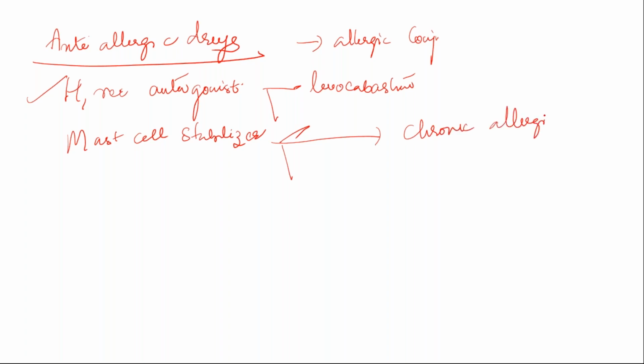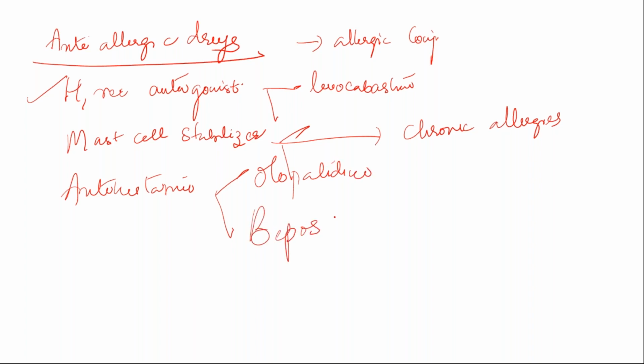These are all the anti-allergic drugs. Next one, antihistamines. The most common drug is olopatadine. It is available as Olopat. It is the most common drug. Recently, they have introduced one more drug which is very useful nowadays in ophthalmology, that is Bepotastine, available as Bipos eye drops. This drug we can use even in the less than 2 years age group. So Bipos is the most common drug we are using now.